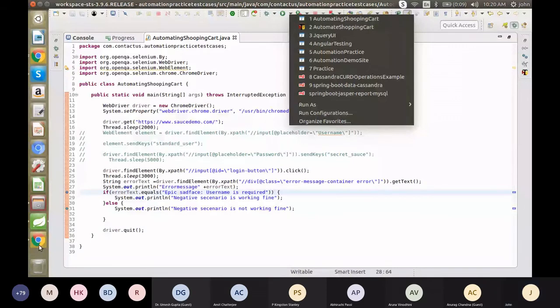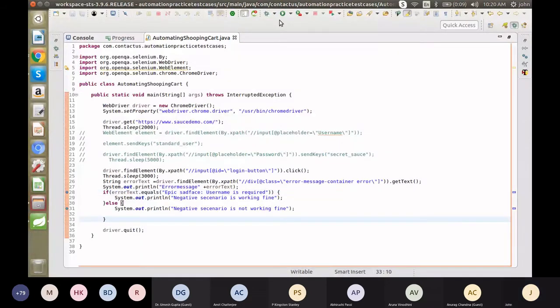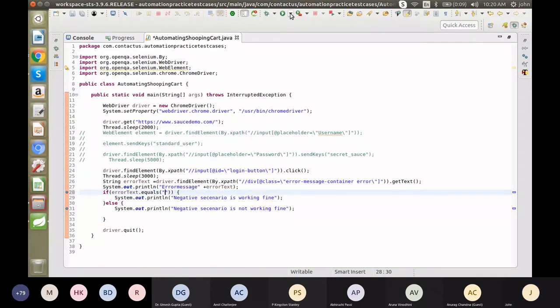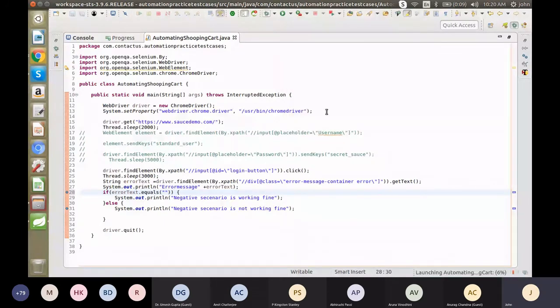Let me close this browser and we will start the application. Yeah, it is loaded.